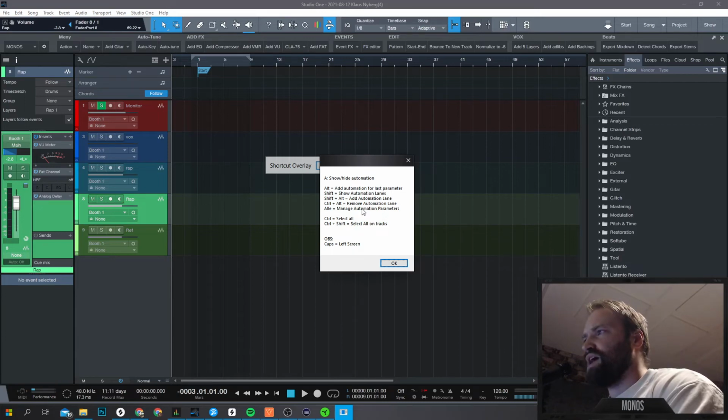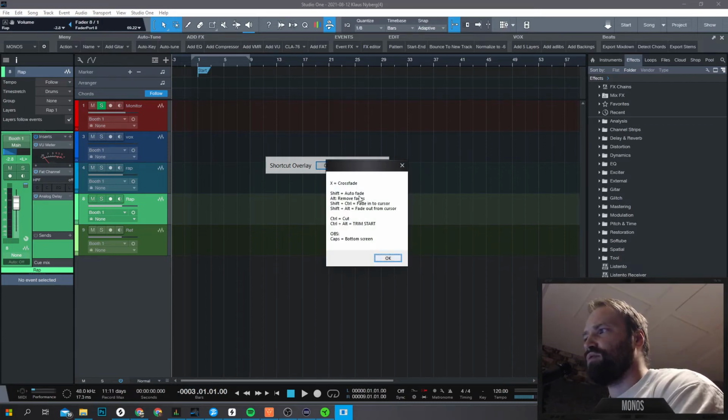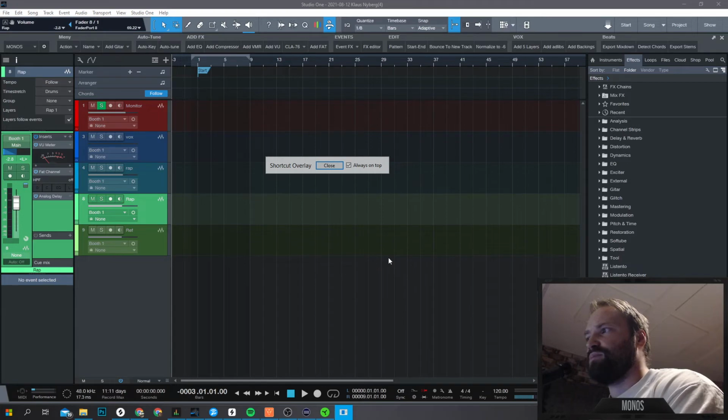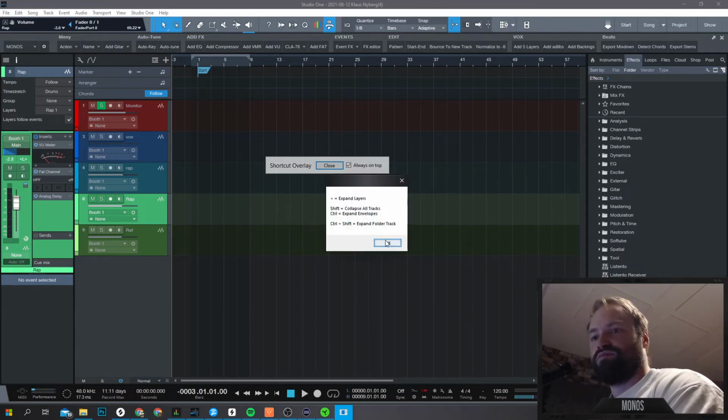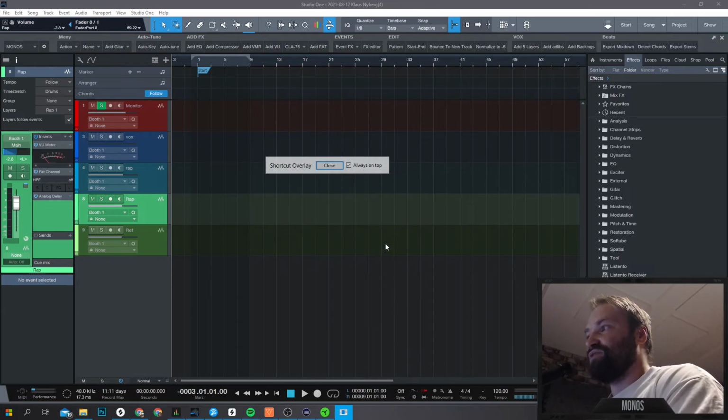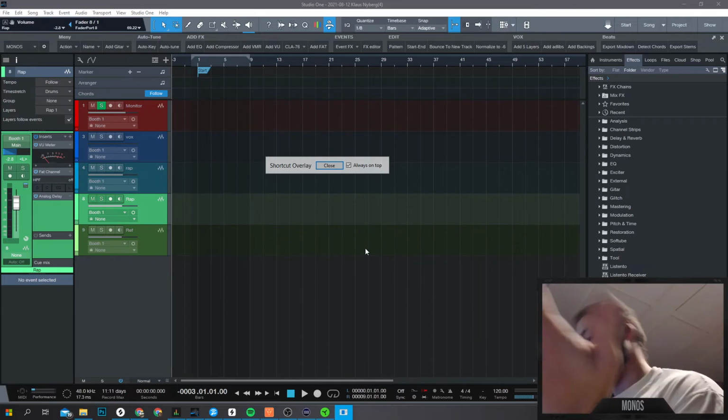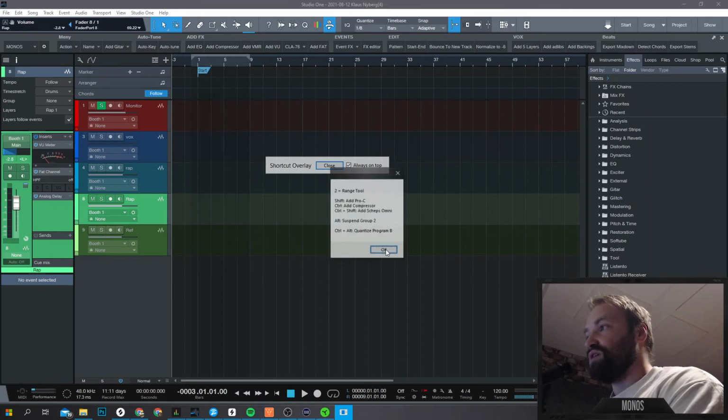So let's say automation, A. Add automation for last parameter. X, crossfades, everything about fades. C, everything about zoom. This button, whatever that is. The crocodile button. Collapsing and opening folders, just because it looks like something opening. 1, 2, 3. Add lots of different